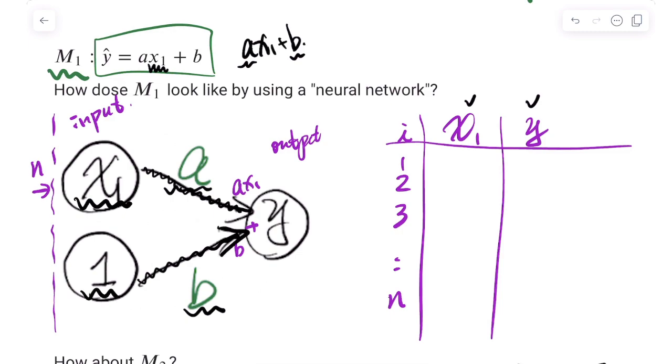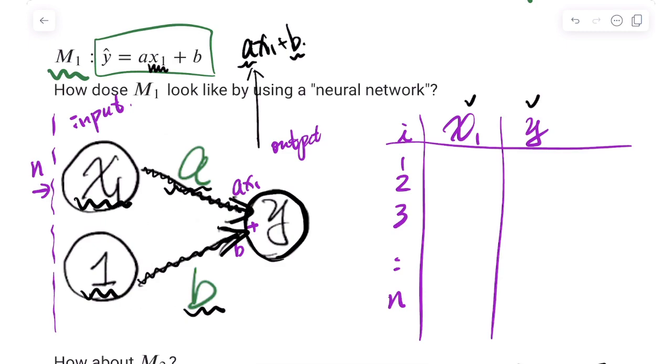So we pass the data, AX1 and B1, to a new circle, which is right here. So there are 2 arrows, right? So that is plus, that is AX1 plus B, and it becomes Y. So you simply use a figure, a graph, a network to represent this specific relationship you want to describe between x1 and y, and we have two parameters,